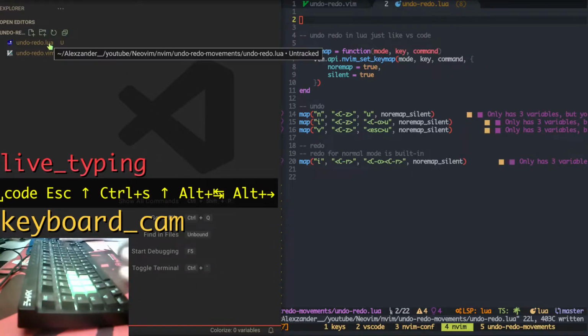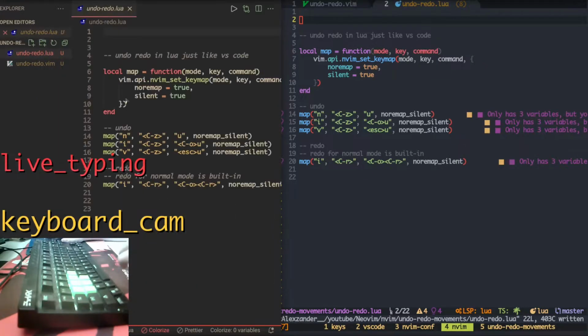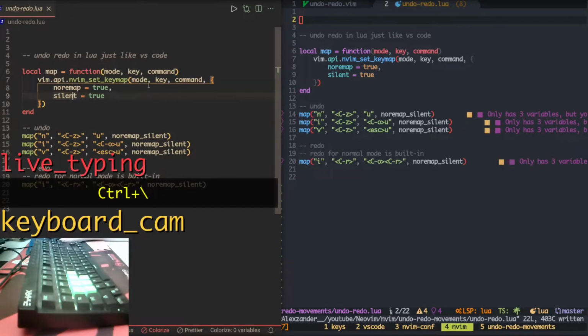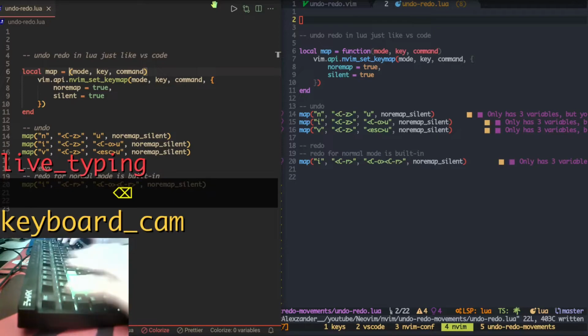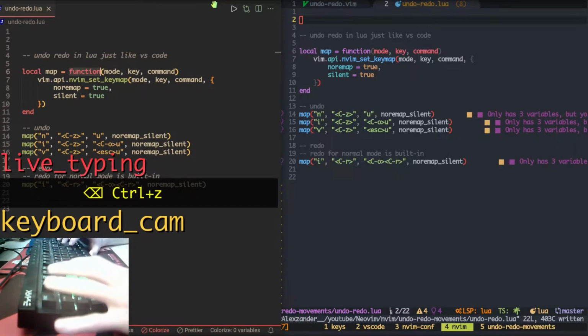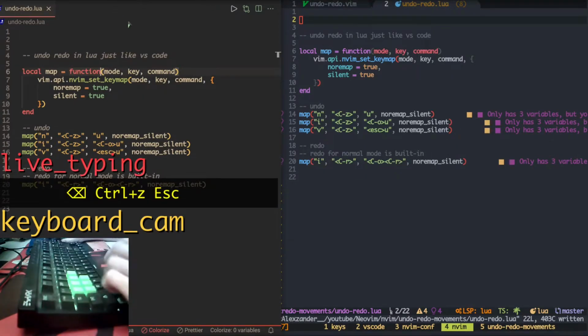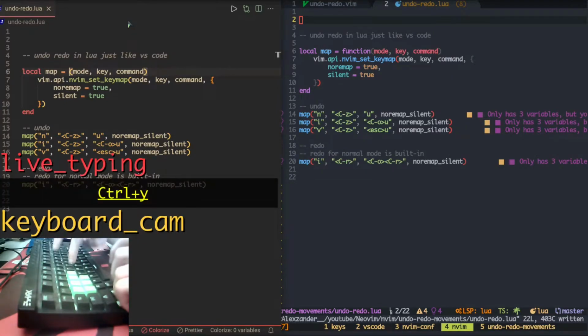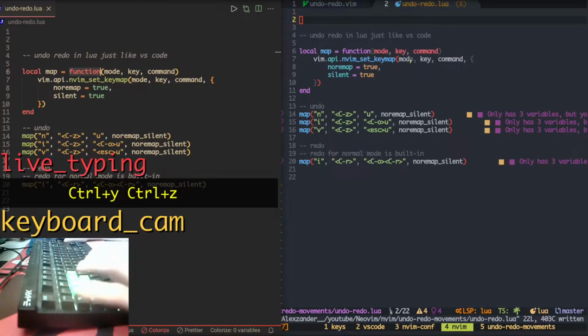So let's make a quick demonstration of what we can do in VS Code. Suppose that I delete this word. By pressing Ctrl Z, I undo that. Okay, if I want to redelete the word, I can do Ctrl Y to redo what I just did. Yes, this is the default behavior of VS Code. Now, in Vim,